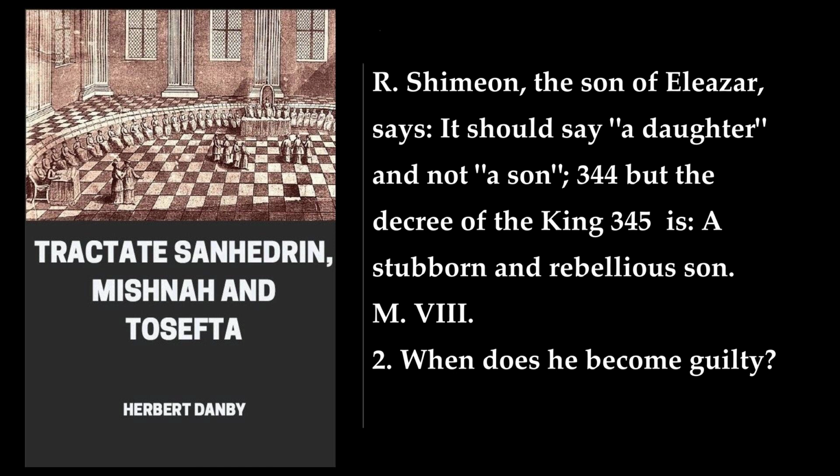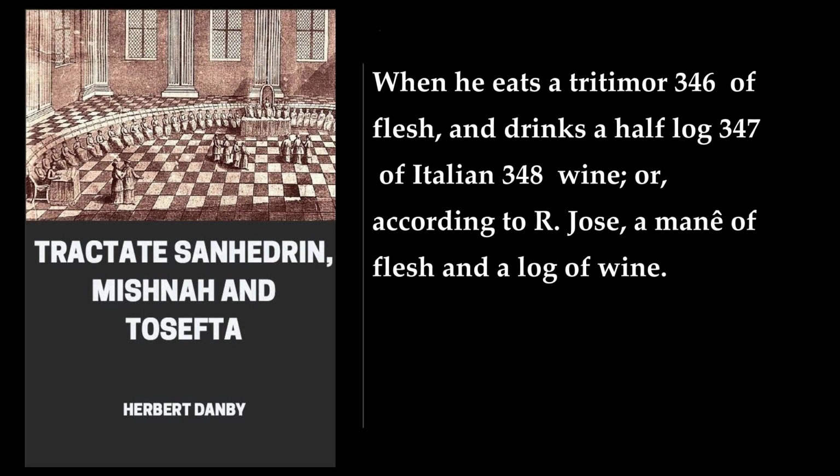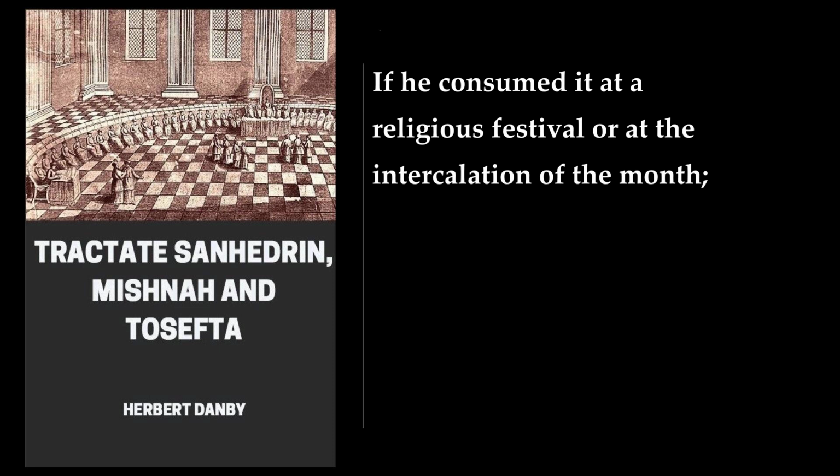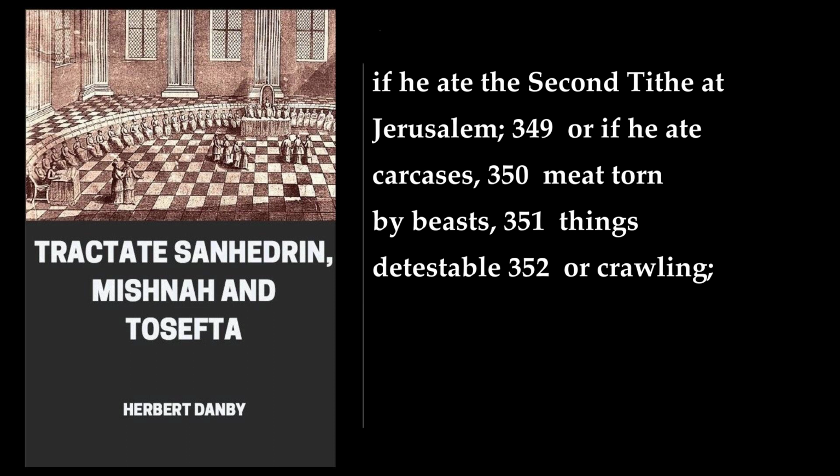M. 8. 2. When does he become guilty? When he eats a tritemor 346 of flesh, and drinks a half-log 347 of Italian 348 wine, or, according to R. Jose, a maneh of flesh and a log of wine. If he consumed it at a religious festival or at the intercalation of the month, if he ate the second tithe at Jerusalem, 349, or if he ate carcasses, 350 meat torn by beasts, 351 things detestable, 352 or crawling,